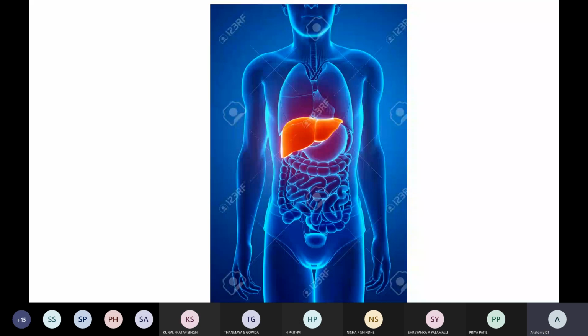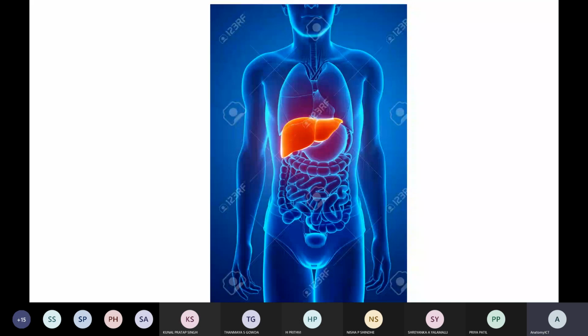Whatever weight is taken by the liver is measured, right? In a mature or developed fetus, it may even serve as a hemopoietic organ. Remember, this is very important. It means the formation of blood takes place. During development of the fetus in the mother's womb, this is the organ where blood is produced, and that is the reason it is also called a hemopoietic organ.